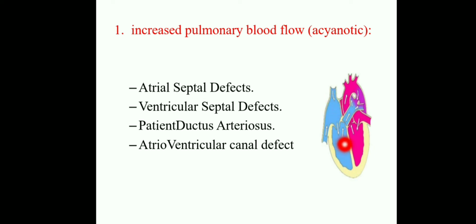And next one is ventricular septal defects. Here this is the right ventricle, this is the left ventricle. Here the septum, the separation in between is there. Here what happens, some septal defect, an opening is there, so blood is moving from here to here. And next one is patent ductus arteriosus. Here the child is having patent ductus arteriosus, and it is a cyanotic condition. Here the child is having some structural deformity of the ductus arteriosus. And next one is atrioventricular canal defects, both atrial and ventricular canal defects. These are the conditions that come under the increased pulmonary blood flow.